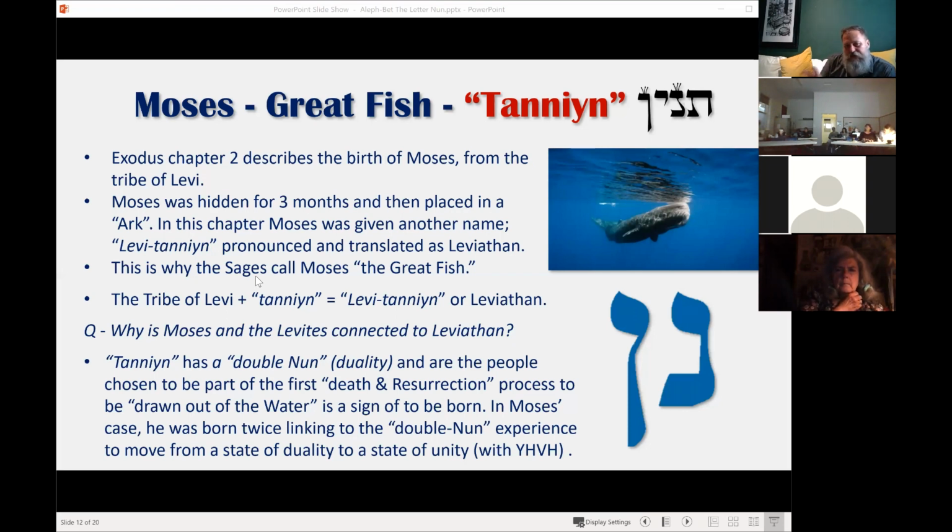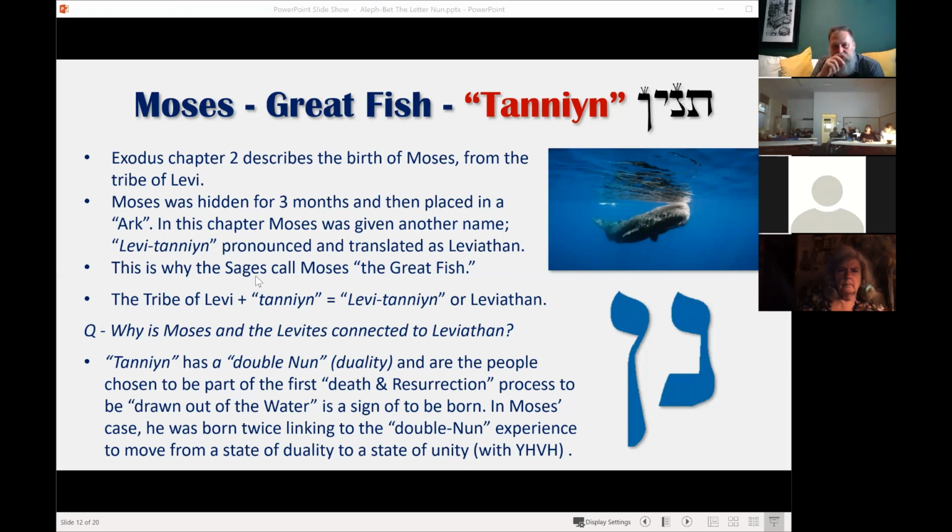So Leviathan is also the symbolism describing the rebirth process. So Leviathan can have a negative connotation, just like a serpent has a negative connotation, where the Nachash is negative, Tanin is positive. Now we have Leviathan, which is a creature that lives in the ocean, which can depict the enemy and the evil forces within the sea, where death and chaos reigns. But in this context, Leviathan is the process of bringing someone into a reborn state, but also connect them to the concept of Levi, which is a priest. So now your rebirth actually connects you to a state of becoming a priest.